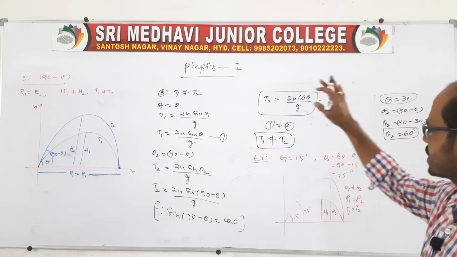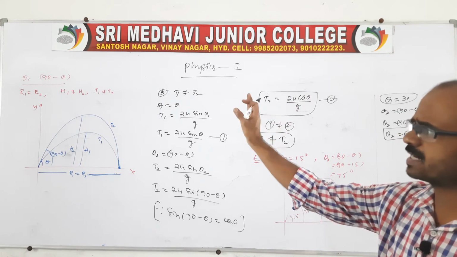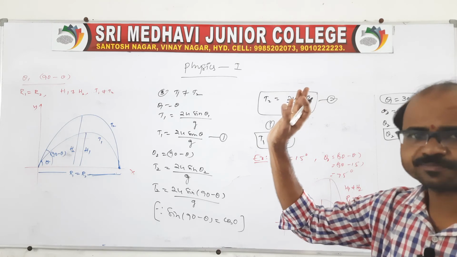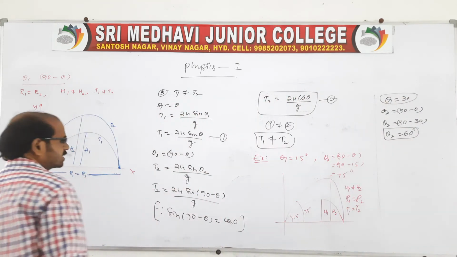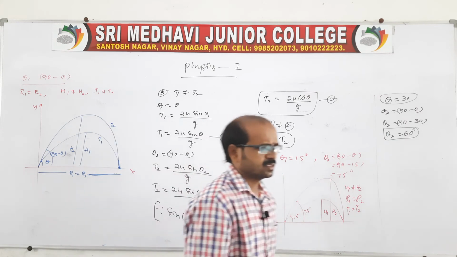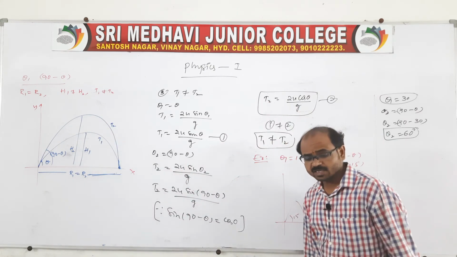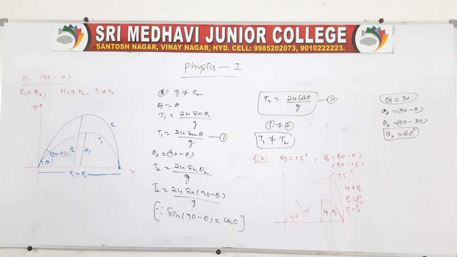This is the question related to oblique projectile. For oblique projectile, you remember very simply: if complementary angles, ranges are same, maximum heights are different, and time of flights are different. So this is basically the question related to complementary angles. You take any complementary angles, for example, theta 1 you take one angle and you get the other angle theta 2 as 90 minus theta. For that type of questions, it will be like this. Clear? You go through this.